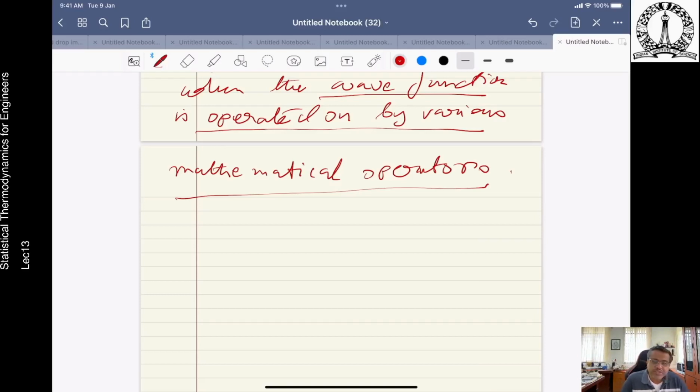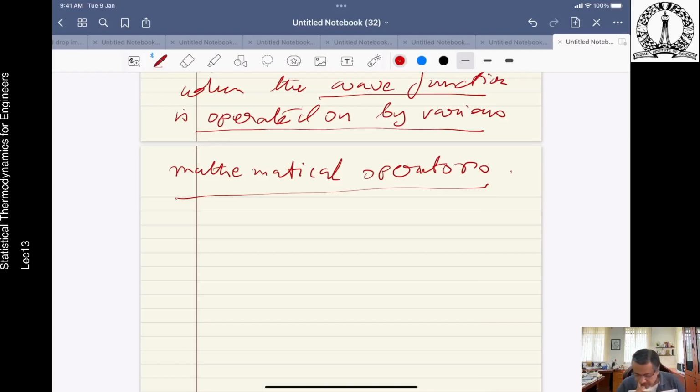So the general procedures for identifying and assessing solutions to the Schrodinger's wave equation are delineated by basically 4 basic postulates. We are going to deal with the postulates in the next class. But postulate 1, you can easily see that psi star into psi, the wave function multiplied by its complex conjugate, is the probability. So that we already know. That would be the first postulate.